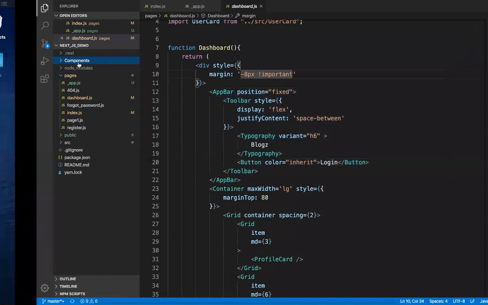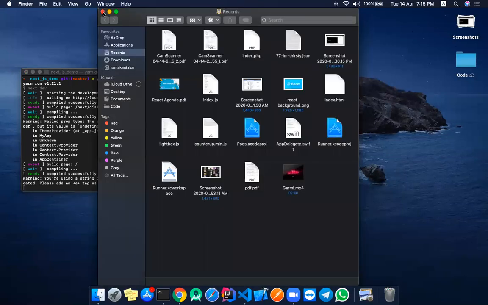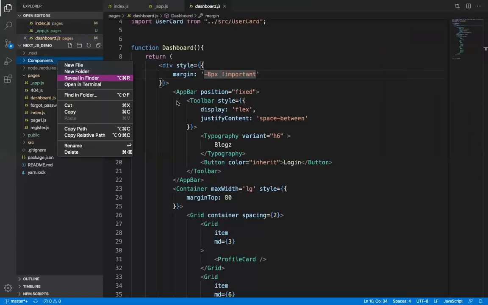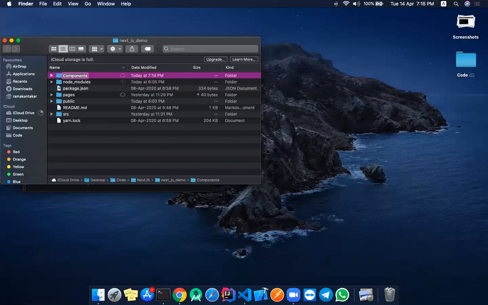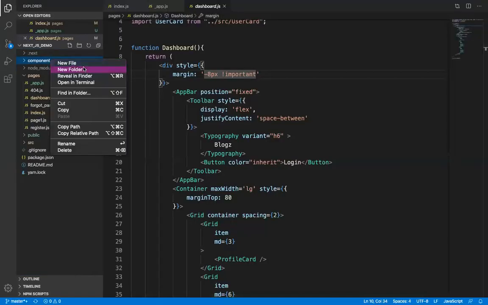Okay, sorry. Component, all small component. So here inside component we'll create